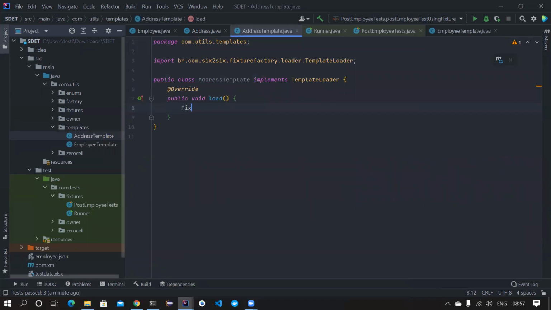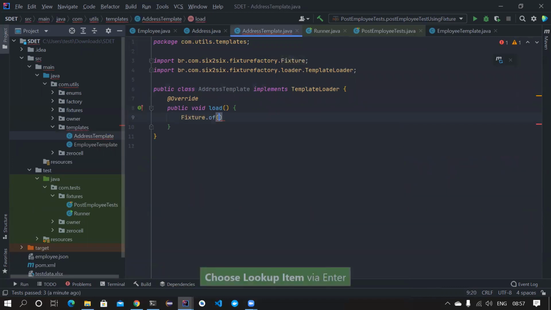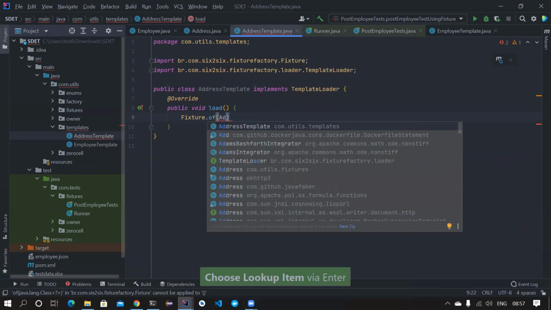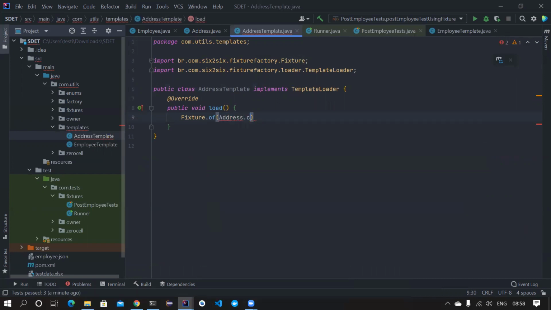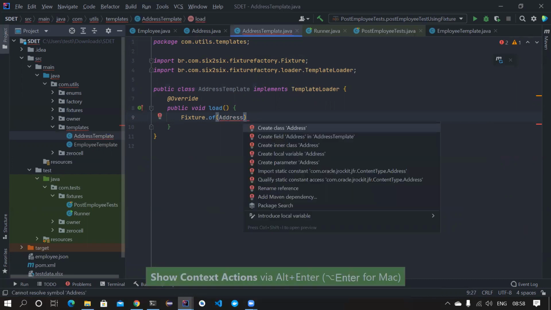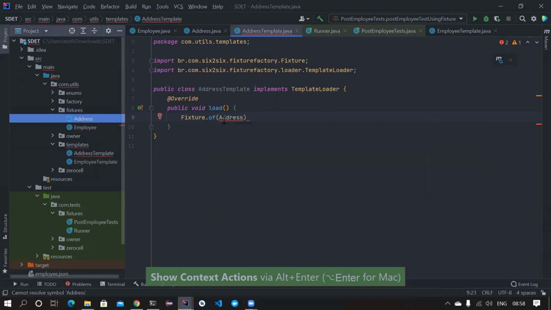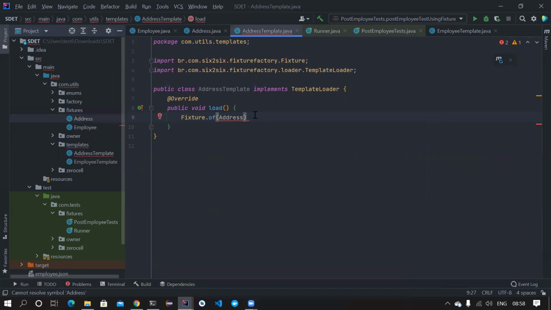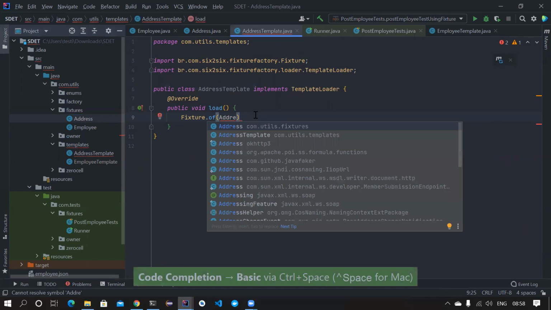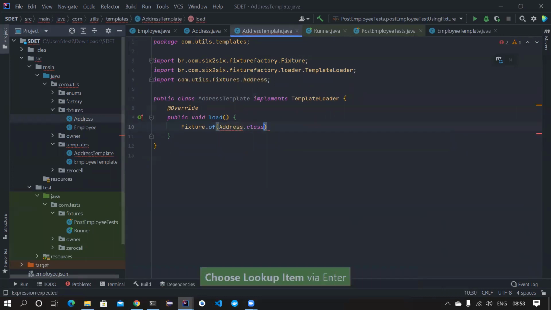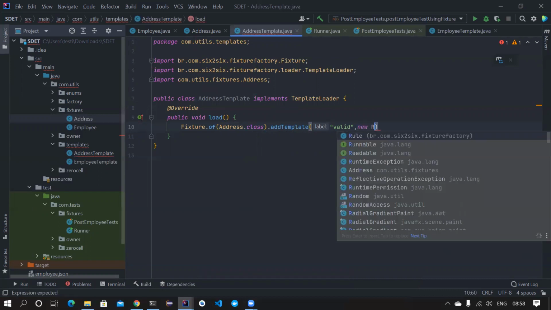So what you can do, Fixture.of(Address.class).addTemplate, maybe valid, and then new rule. I want to define a new rule.